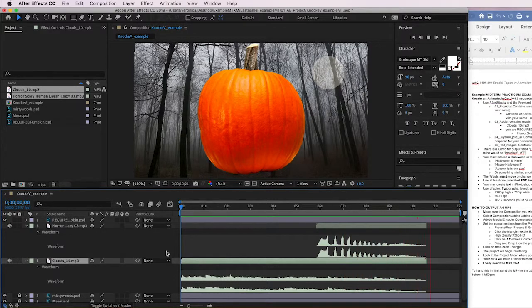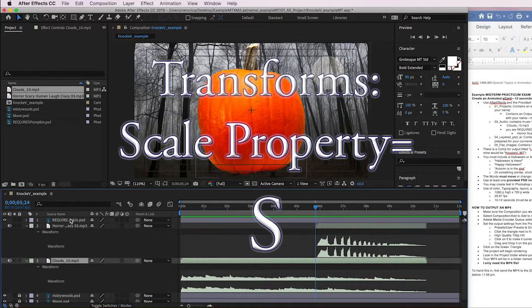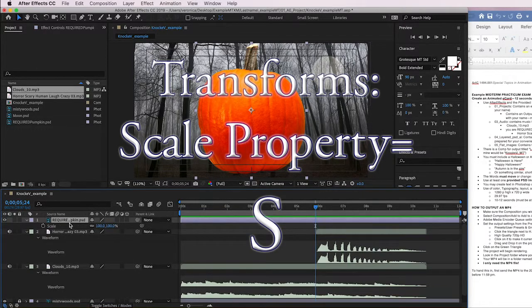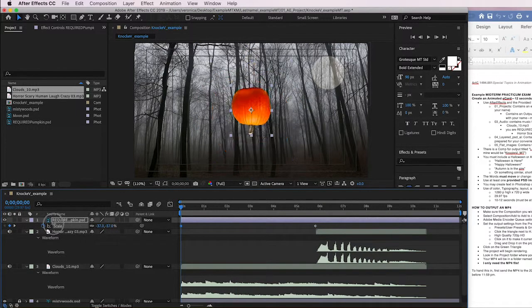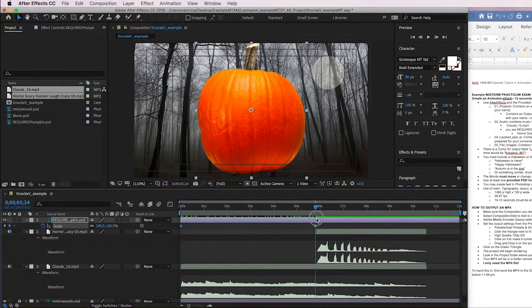Okay, so I think I'll use the split so that I can have the pumpkin laughing. I think that would be effective. And I think I'm going to have the pumpkin start out being very small and in the background. So I'm going to keyframe the scale. And there we go. So now it zooms in like that, stays there, and at this point I'm going to